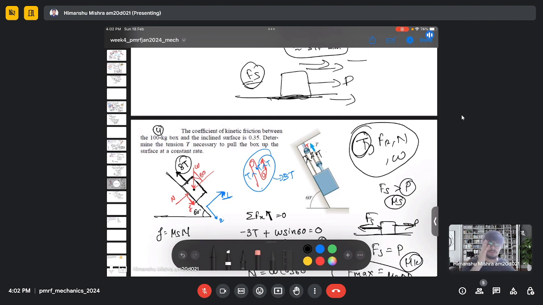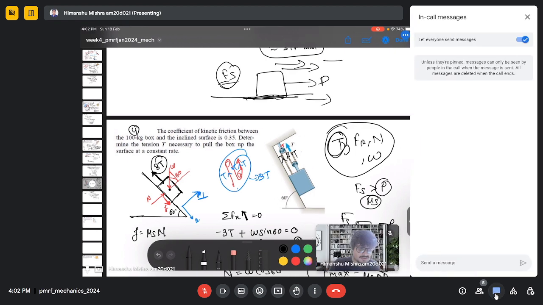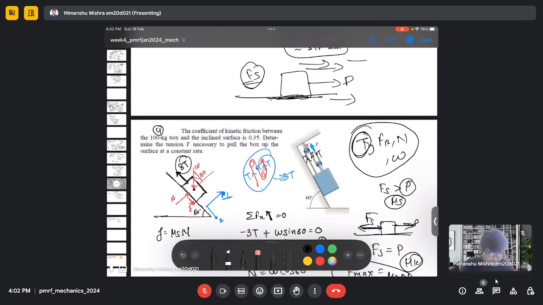So if you have a doubt, if it is still unclear, you can write down the question. In the same problem, if it was asked what is the force required to start the motion of the block, then it will definitely be more than what you calculated. Then there will be some static coefficient of friction which should be more than 0.35, because if you see